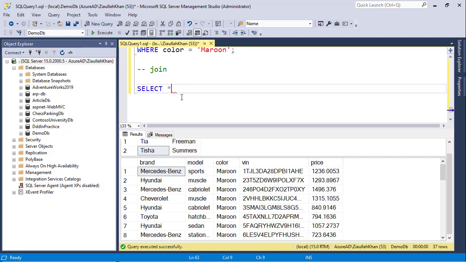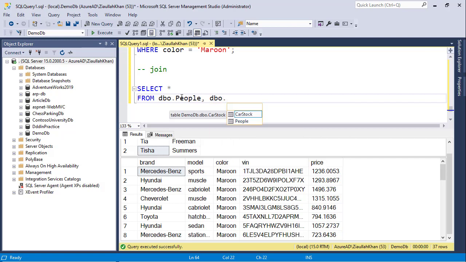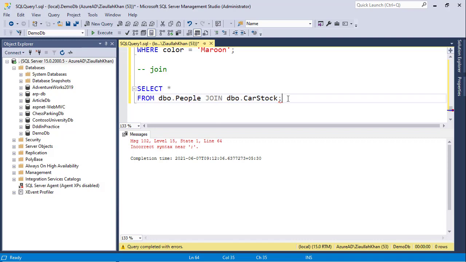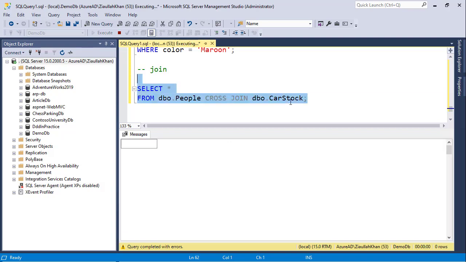So in a join, I'm going to put select star. Then I'm going to mention the name of all the tables that are there in the system. There's a people table, and the way you join is you mention the keyword join, and then you type dbo dot car stock. Now let me go ahead and run this query first. And if I hit F5, okay, I forgot mentioning something here. I want to say cross join. And now if I hit F5,